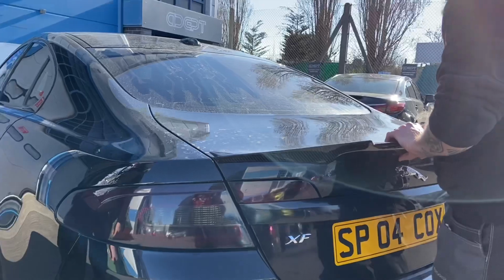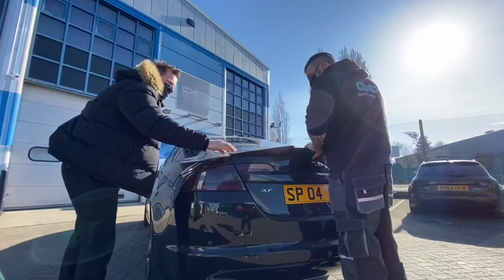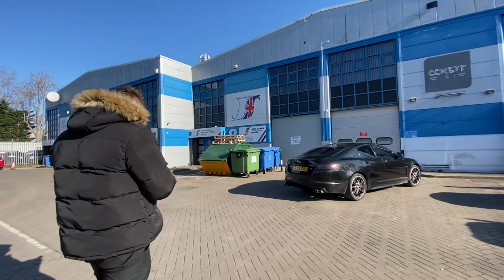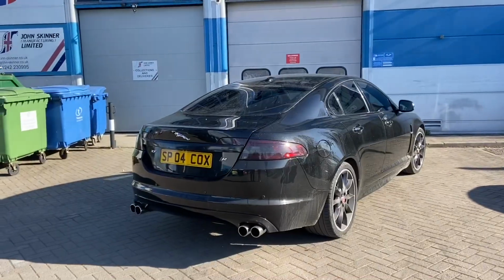It's actually misshapen, isn't it? Yeah, it's just this edge, this front edge here. So he's just dropped off his car at Dent, ready to have his bits and pieces done on the spoiler,